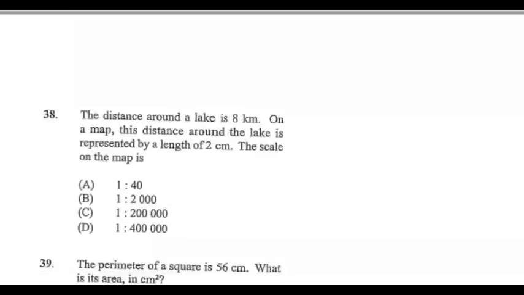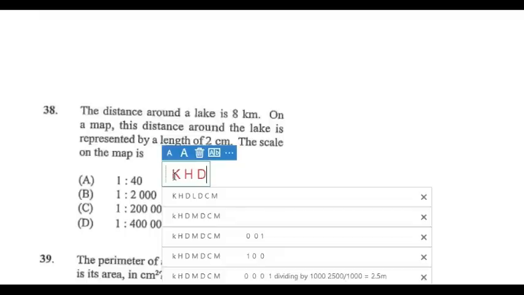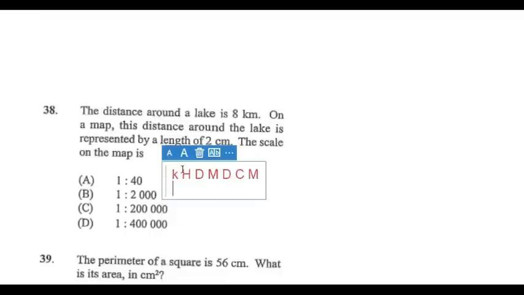The distance around a lake is 8 kilometers on a map. This distance around the lake is represented by a length of 2 centimeters. The scale on the map is... So using our mnemonic, King Henry Died Monday, Drinking Chocolate Milk, what you're trying to do is move the 2 centimeters to be representative of kilometers. So we're moving from centimeters to kilometers, and that means we're dividing by 100,000. So it is 2 divided by 100,000,